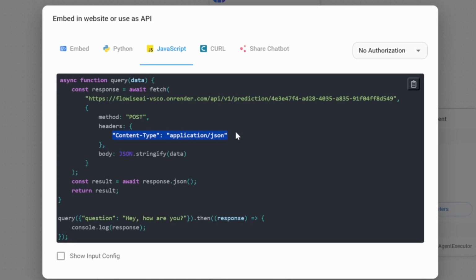Do take note that if your chatbot uses a document loader, the content type will look slightly different, as it will require form data to be passed to it instead. But for this demo, we will simply have a look at a simple question and answer type chatbot. For the structure of the body, we need to pass in a prop called question, followed by the actual question's